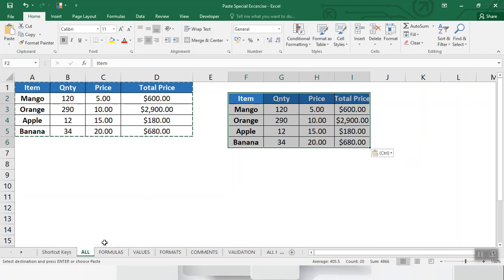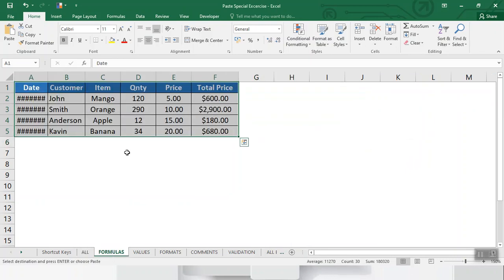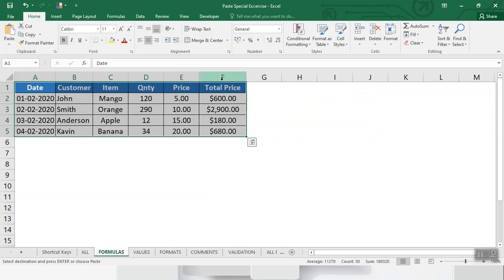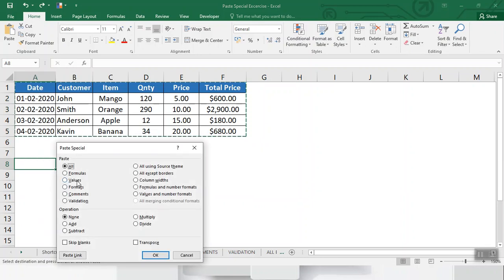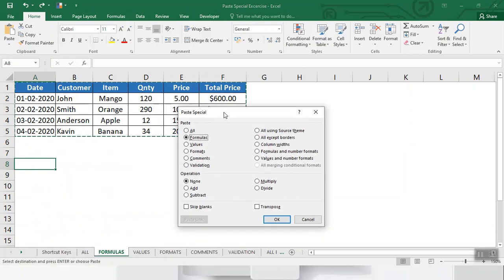Let's take another example for formula. If you want to extract only formulas, you can select all data and press copy. You want to copy data with formulas, so simply right click, go to the paste special option and then formulas.